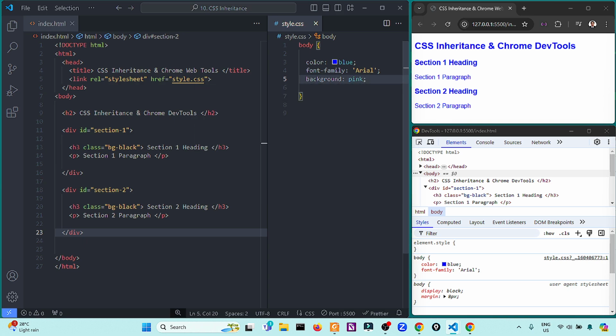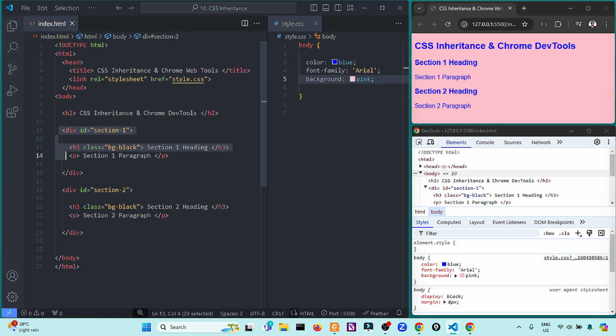So the body background will be inherited by all of the child elements. These are the child elements from H2 up to the div section 2. And the child elements of section 2 are H3 and the paragraph.